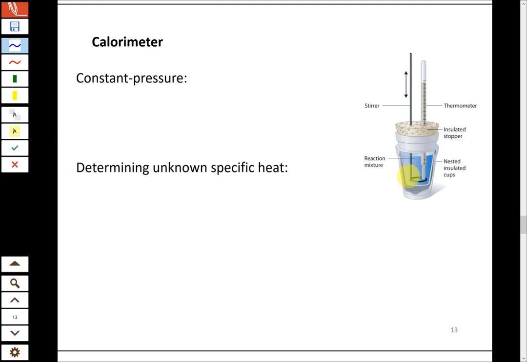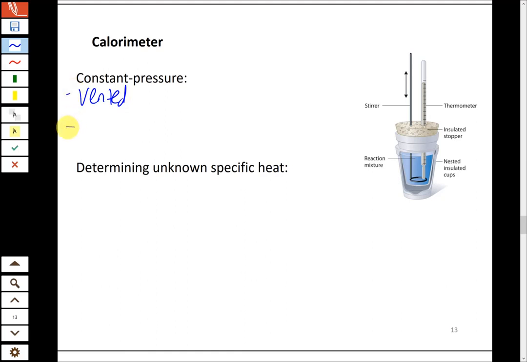So it doesn't have to be anything super fancy. And so what you have in the inner coffee cup is where you have your reaction, usually an aqueous reaction for these types of things, because it's just a cup of water where the reaction is happening. And then you're going to have a thermometer, something to stir the reaction, and some sort of cap that insulates things as best as possible. But this is not a tightly sealed system, so it can vent pressure to the surroundings. The pressure is going to remain constant during this, because it's not totally open. You want to contain it as best you can, but it's also vented, so it's not going to build up pressure. So a constant pressure calorimeter is vented,